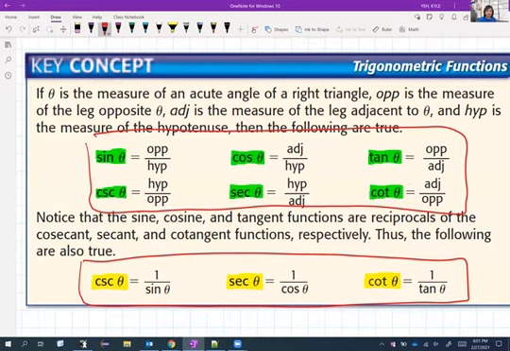All right, let's talk about these trig ratios. Starting in the top left in green, sine of theta. So sine is a trig function that simply describes the opposite leg over the hypotenuse and how they compare. Is one larger than the other? Well, the hypotenuse should always be larger because the hypotenuse is the longest side of a right triangle. But how much larger? Is it twice as big? Is it 10 times as big? We're going to use sine theta to really determine that relationship between those two sides, as you will see here